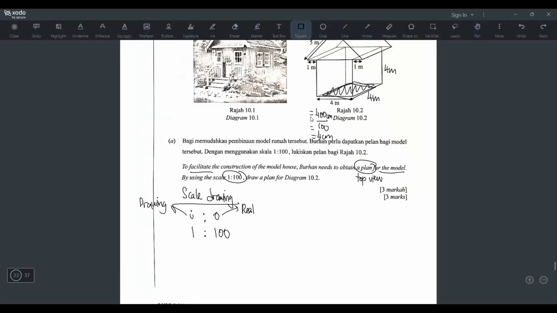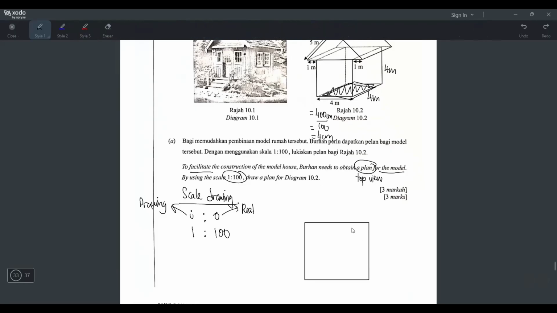But you have to use a ruler and measure correctly lah. But I want to do it fast, so I'm not gonna. Okay, and also I'm using laptop, so it's very hard for me to measure. So you measure yourself lah, and make sure everything is nice, it's 90 degree, and you label everything,